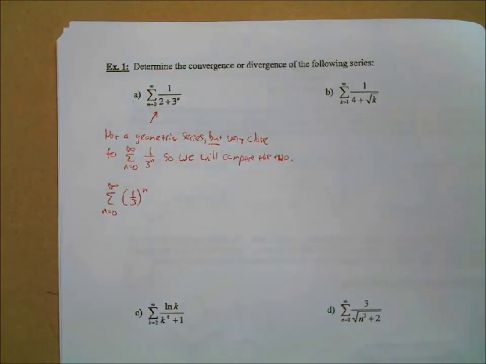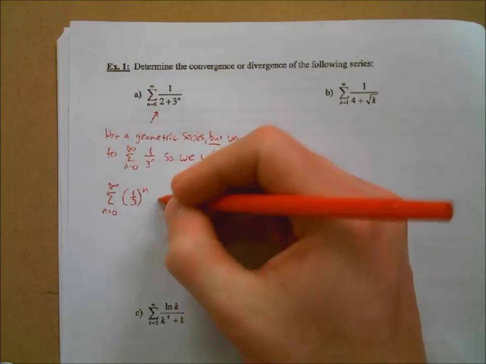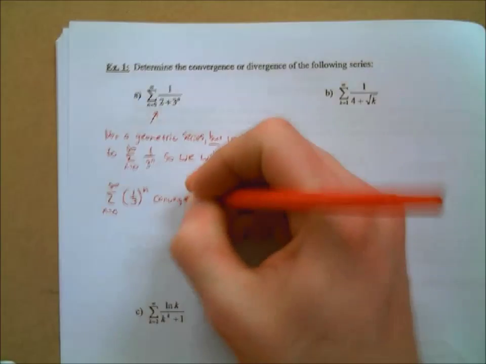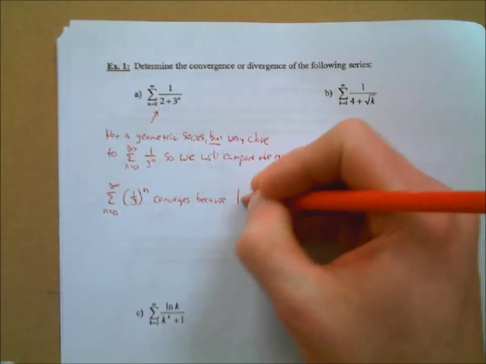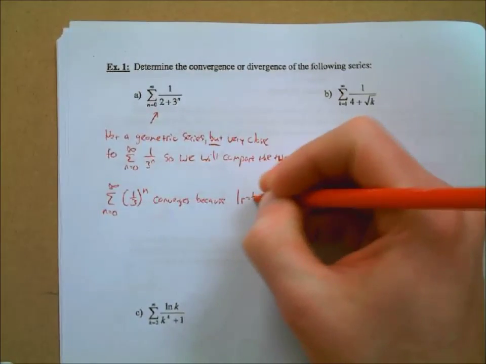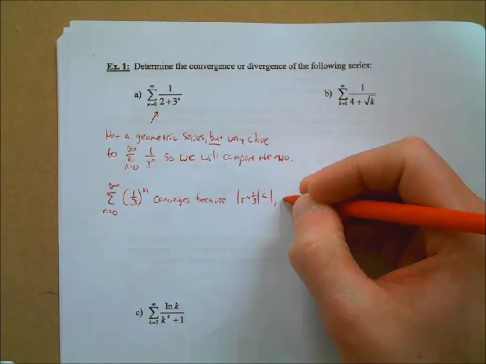Okay. By the geometric series test, what do we know is true about this series? Is it going to converge or diverge? Converge, because r is less than 1, okay? The absolute value of r, equal to 1/3, is less than 1. Okay? So,